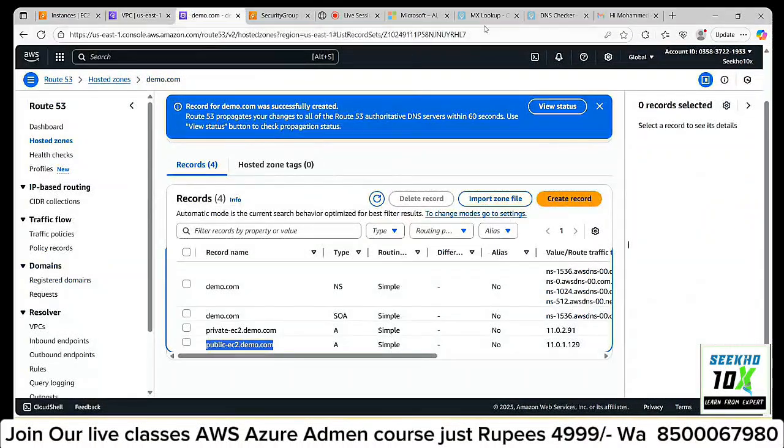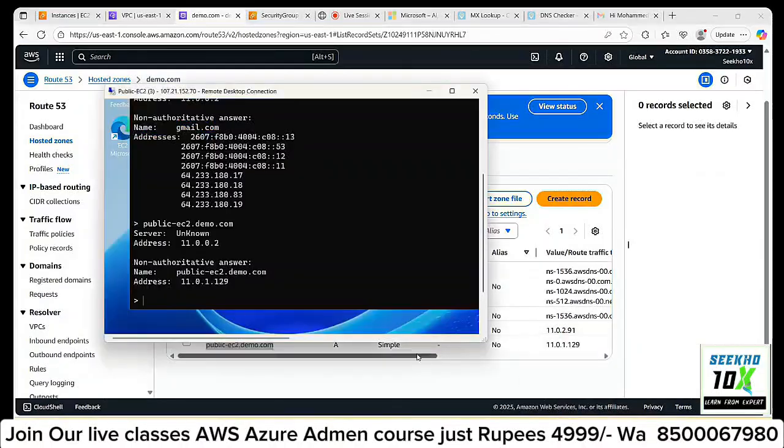Here it's getting resolved within the same subnet, but it's not getting resolved with a different subnet. So it seems somewhere we made a mistake.